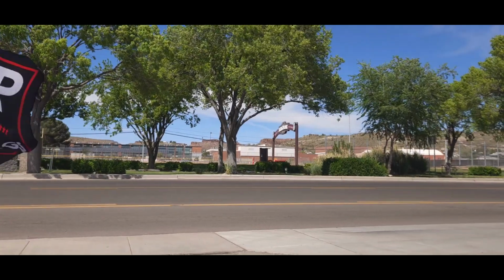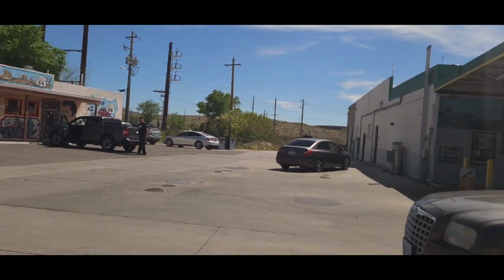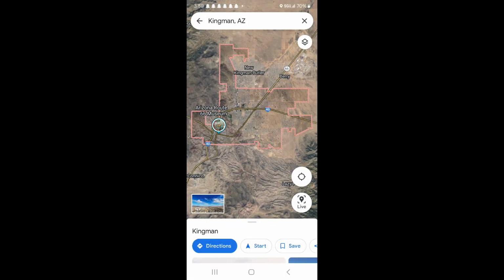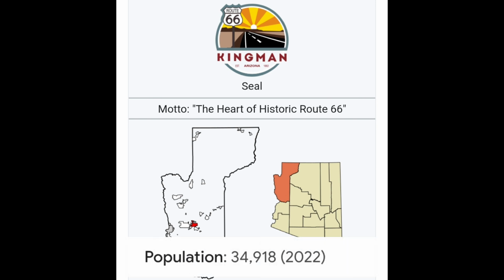Today we are in downtown Kingman, Arizona, exploring some of the local sites that this little town has to offer. Where is Kingman though? Where is it located along Route 66? Kingman is in the northwest half of Arizona, right off of Interstate 40. It is the county seat of Mojave County, and their motto is the heart of historic Route 66,